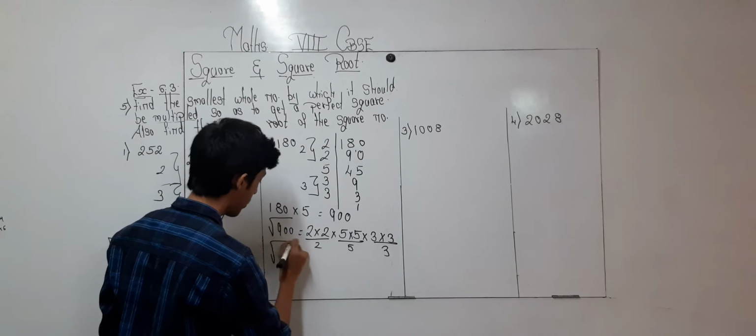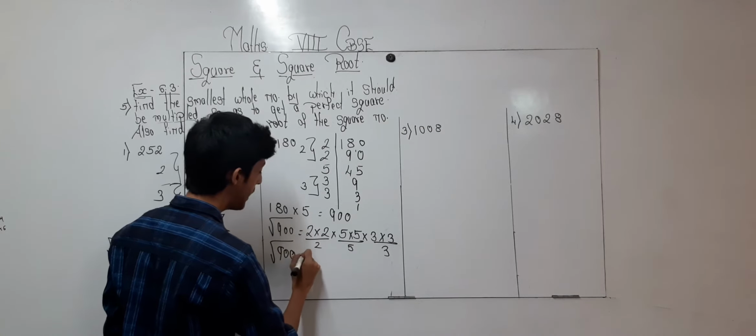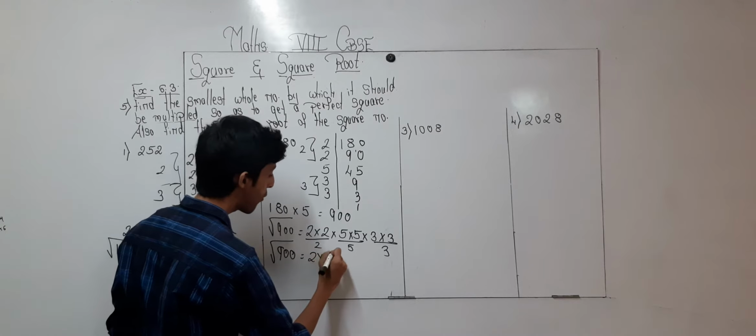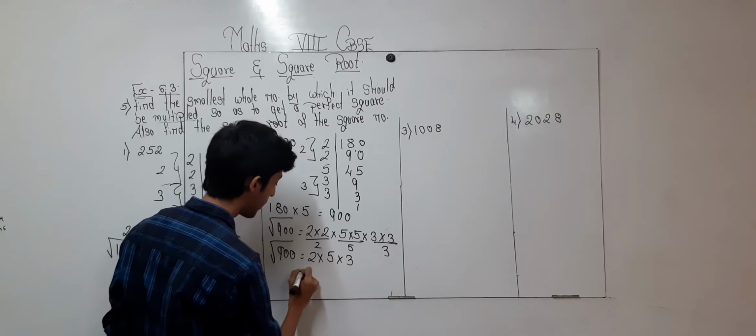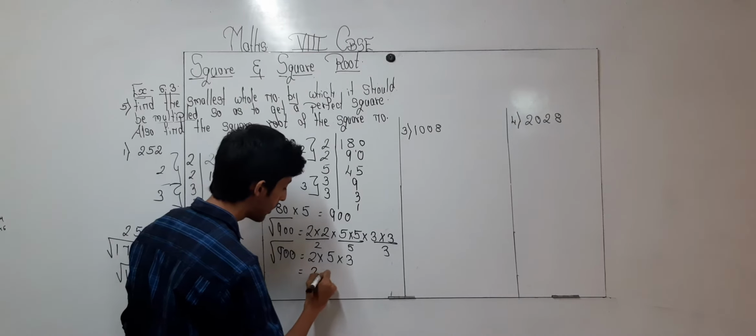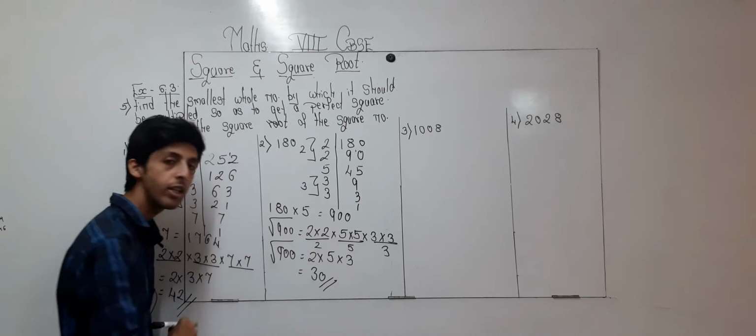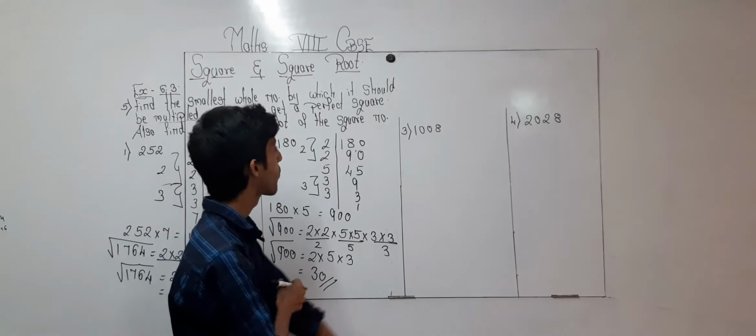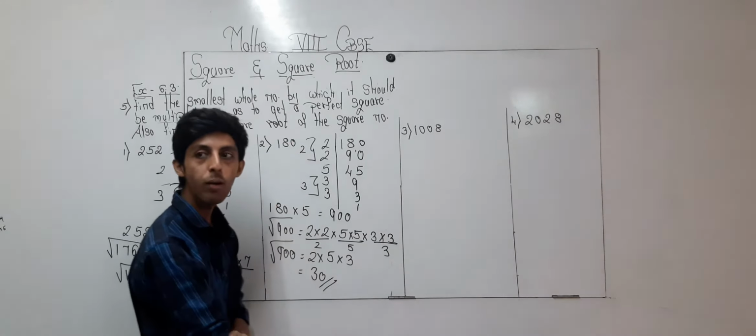So what I will do? Root of 900 is equal to 2 multiplied by 5 multiplied by 3. So 10 over here and over here 30. So root of 900 is 30 over here. Okay, now question number 3,